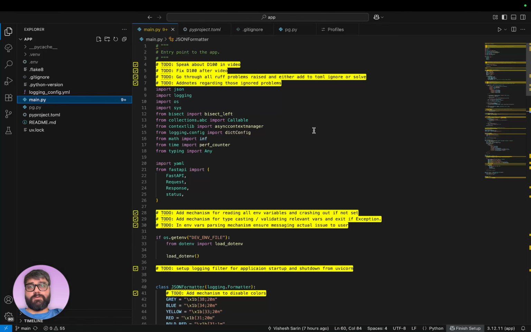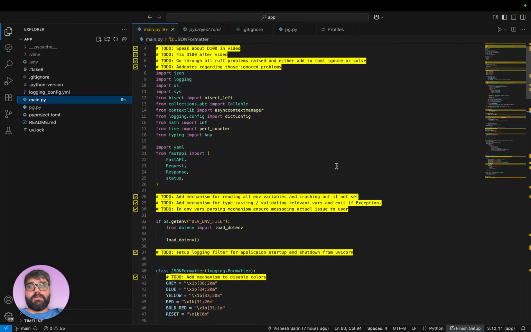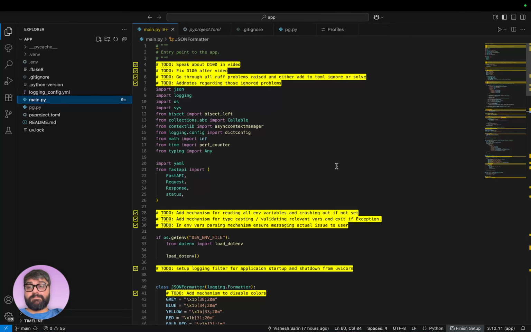I'm probably not going to go through all of the to-dos, but I'm going to go through a decent number of them and showcase different things. Hopefully we'll be able to understand some things better.